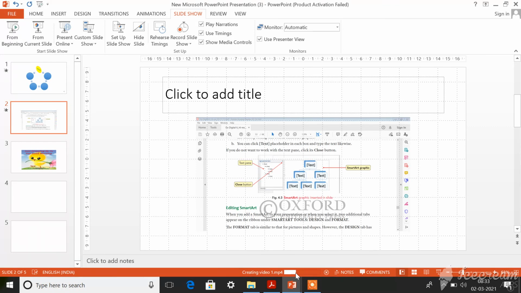Dear children, I hope you understand this, isn't it? And with this your chapter ends. In this chapter you learned all about the basics of PowerPoint presentation, how to create a slideshow perfectly. That is what you have learned right now. I want all of you to try this out in your house today. I hope you will do that.